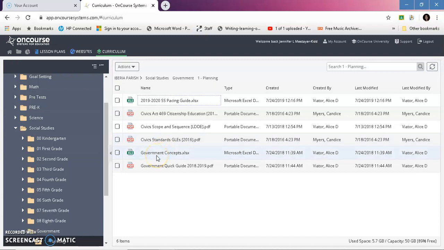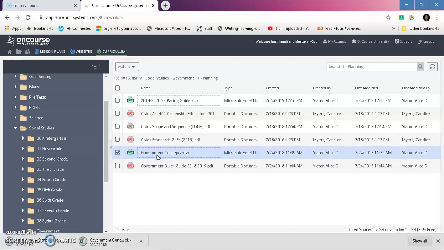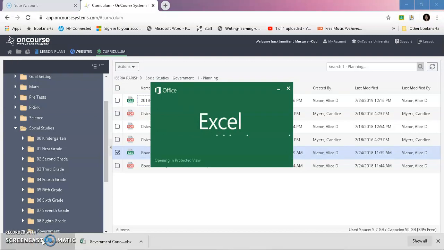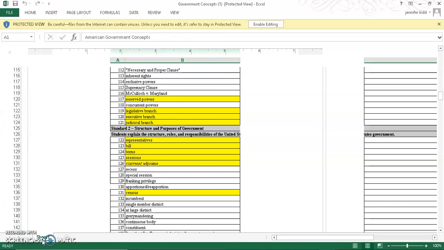These are the academic vocabulary concepts, or what we call the key concepts. These words, these ideas, really are the backbone and foundation of the entire government course. What I do in my government class is, as a bell ringer, my students had to come in. I made this into a PowerPoint. I cut some of them out because it's a crazy amount of vocabulary. It really is. And I teach honors, so I knew there was some that they were just going to have in itself. But I turned this into a PowerPoint, and I gave them their own copy. And every day they had to define certain terms based on the unit we're at.